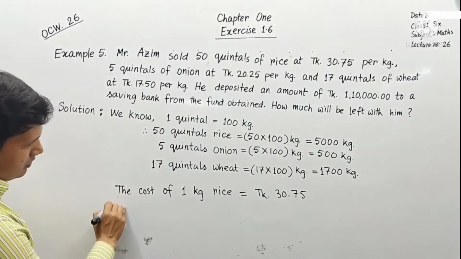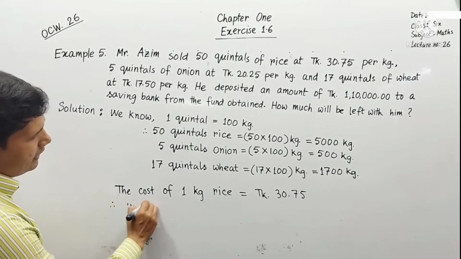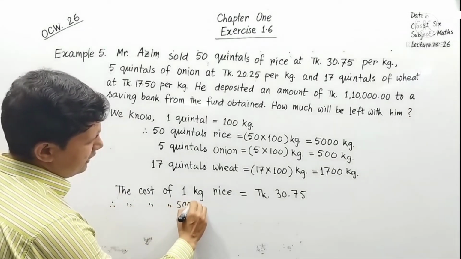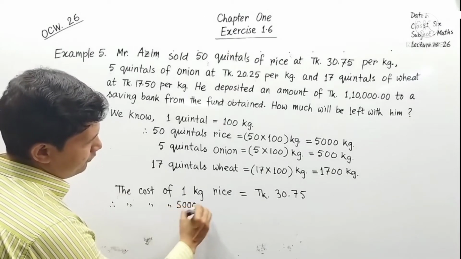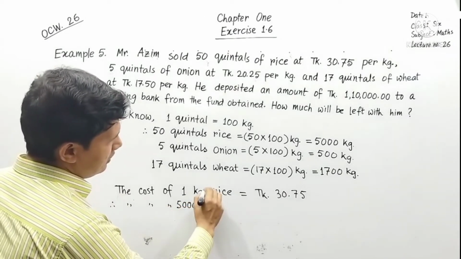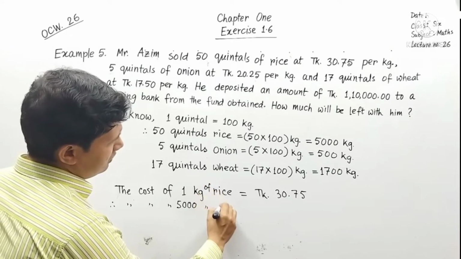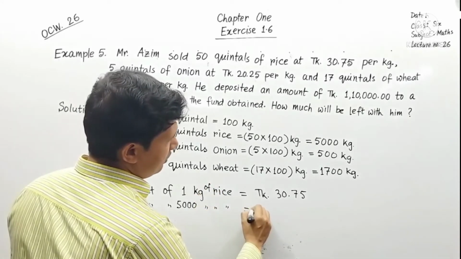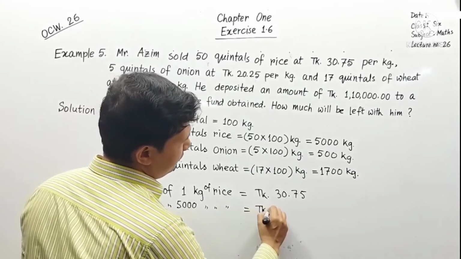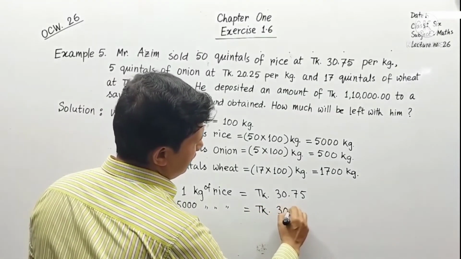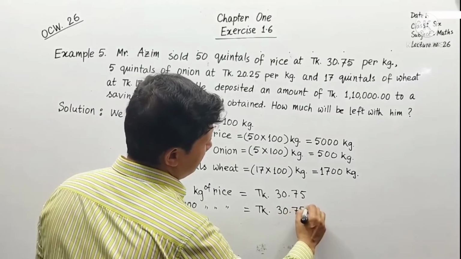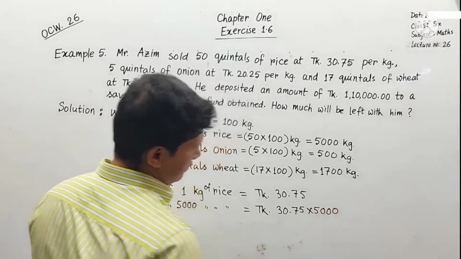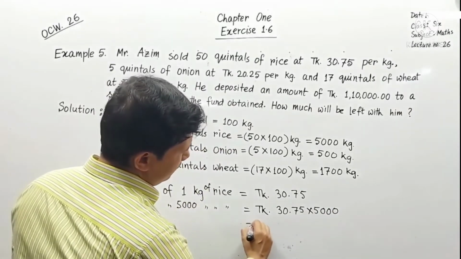Therefore, the cost of 5,000 kg of rice is equal to taka 30.75 into 5,000, which is equal to